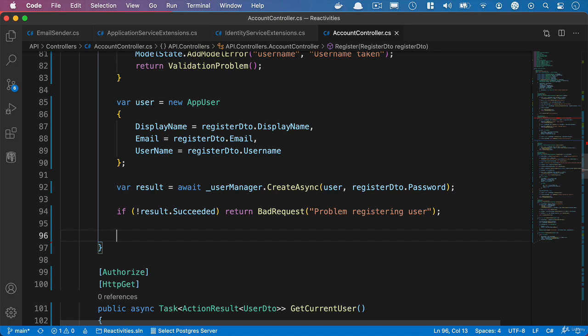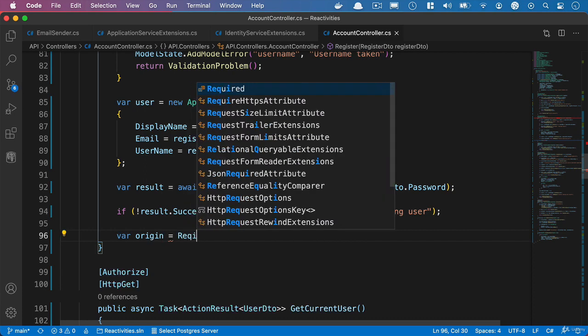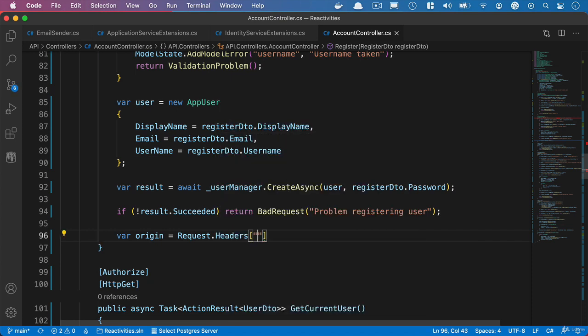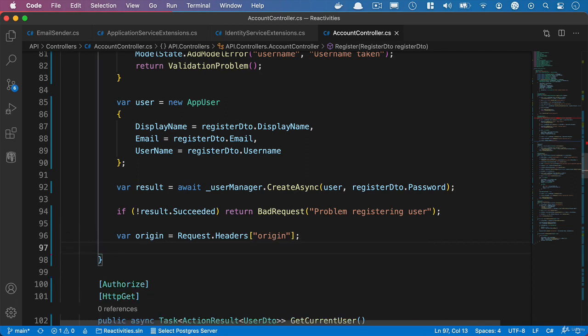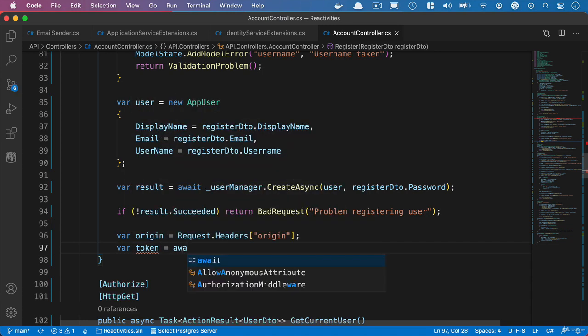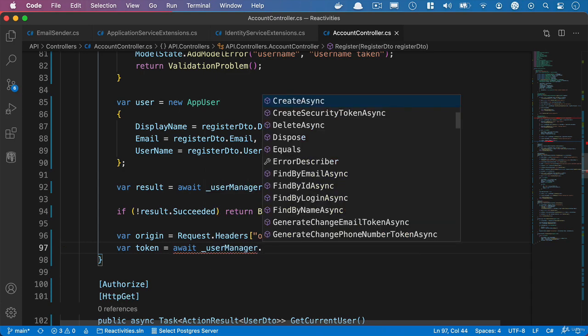So we need to know where our registration request came from, and we need to create a link that they can click on that's going to take them to an area of our client-side application. And what we can do is we can get the origin of where the request came from one of the request headers. So we'll say var origin equals request.headers, then square brackets, and we want to get the origin in this case. What we then need to do is generate a token, and we can get this from our user manager. So what we'll do is we'll say var token equals await, and we'll say user manager,